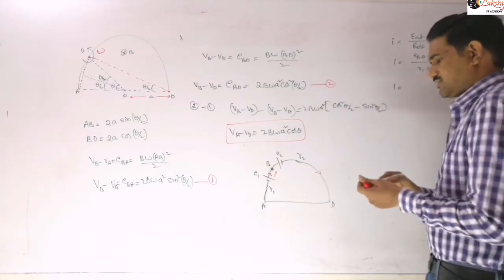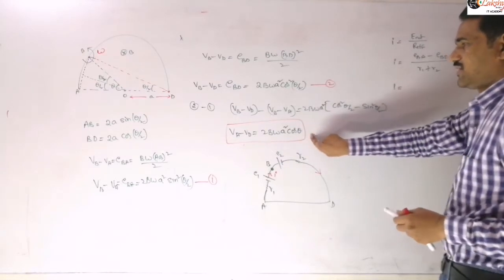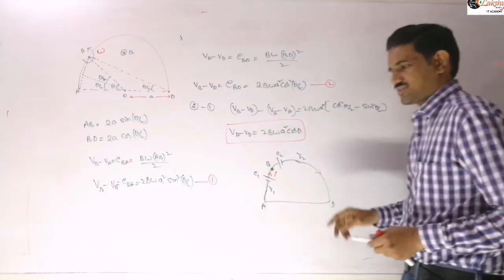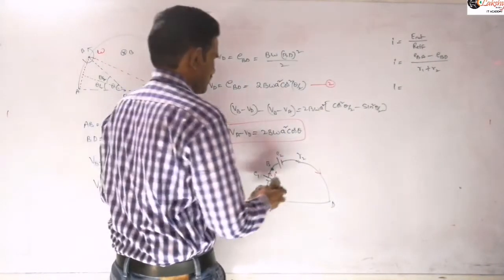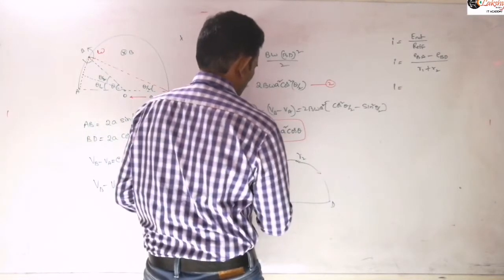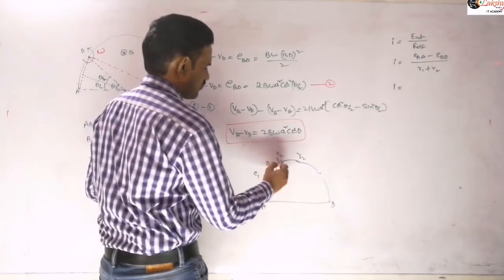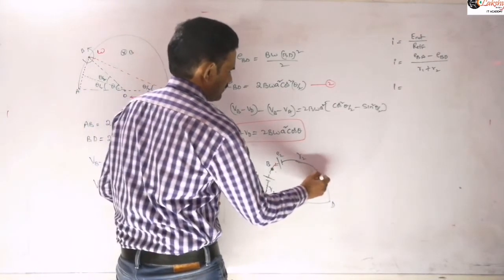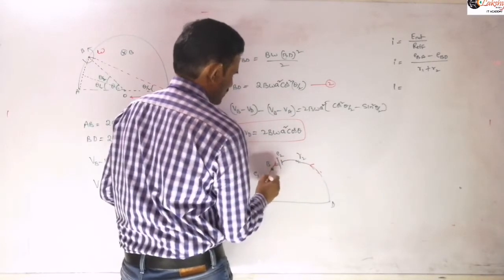this current is flowing in the opposite direction. Otherwise you will get a minus cos theta if you substitute this. So I am just reversing that so that you get the same value and the calculation will be easy for us, because we already calculated that difference there, right? So I am taking this current as flowing along this direction here.